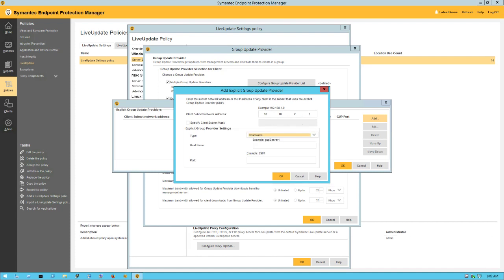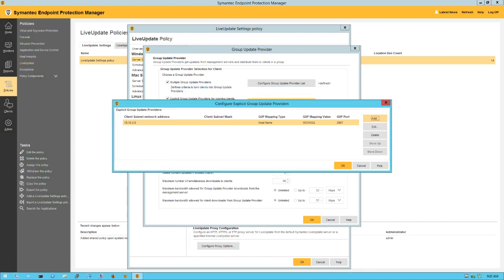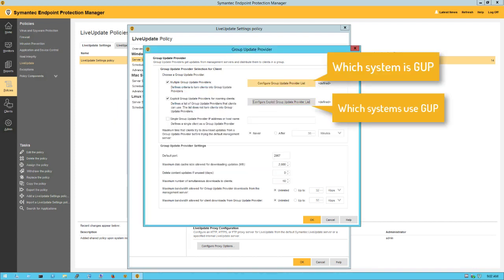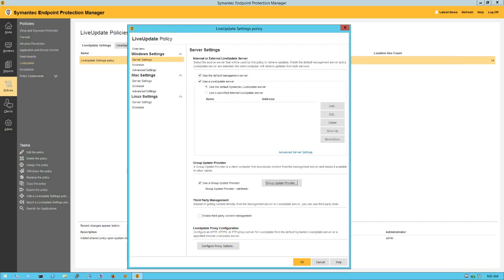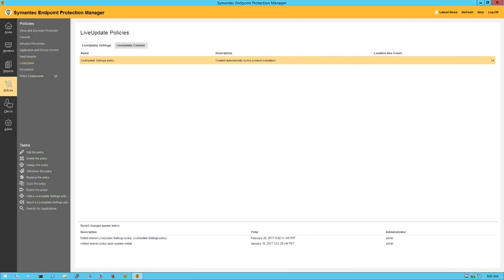So now we're going to be specific again. We want to use WCWS02, and the port will be TCP 2967, which is the default port we advise here. This will have its importance later on when we check if the client is listening correctly, if it's enabled. Okay, so we configured this. Now we have who is a GUP and who can use a GUP. That's all for this configuration so far. So we click OK twice, and we wait a few minutes for the configuration to be sent to our client, and then we will be switching to